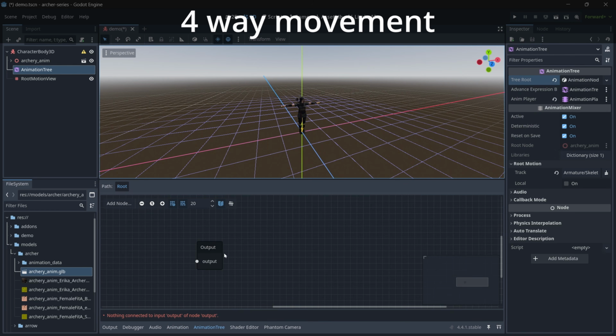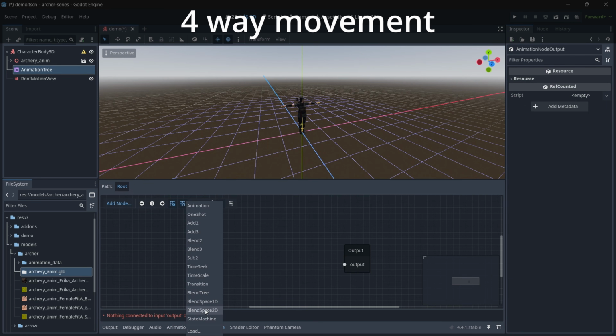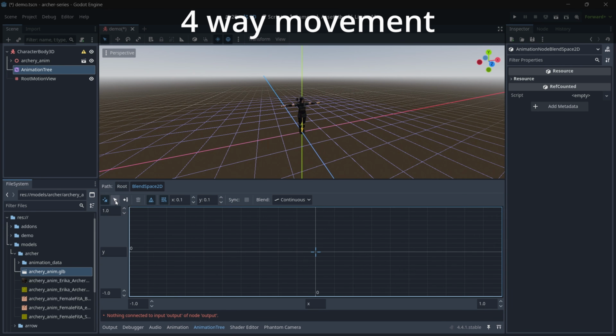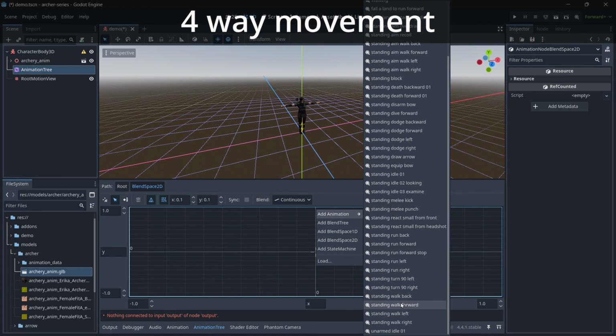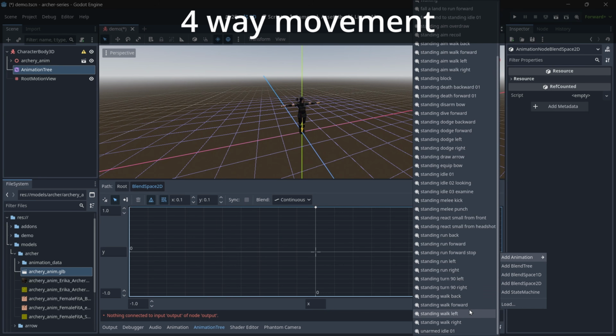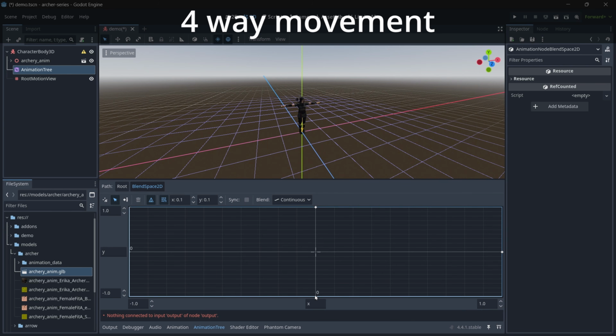And now in the animation tree, let's add a blend space 2D. So this will control our player's 4-way movement, and in this let's add our animations. So here I'll be mainly using 2 animations, the walk forward and walk right. So for walk forward, select this icon and here right click add animation, and I'll be just adding this standing walk forward, and then for the right one I will be adding this standing walk right,